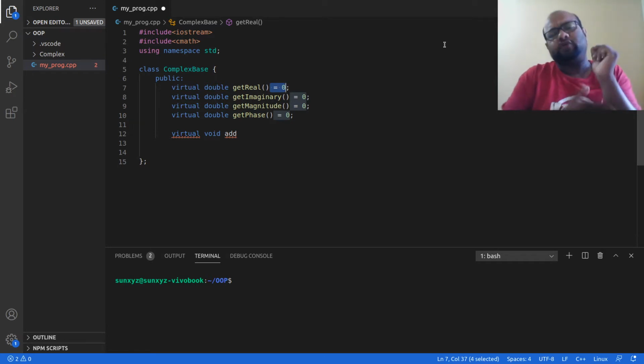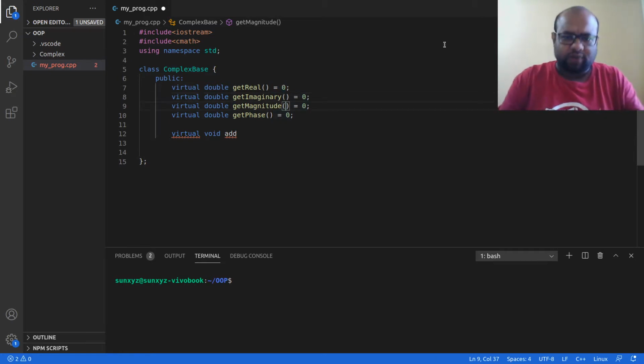When I write equal to 0 without an implementation of the function, it means that this method is a pure virtual method. If a class has at least one pure virtual function, then that class is called an abstract class. In this case, we have more than one pure virtual function, so it is going to be an abstract class. I need at least one.